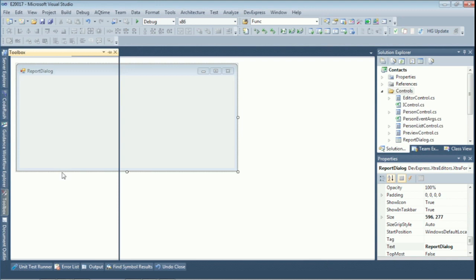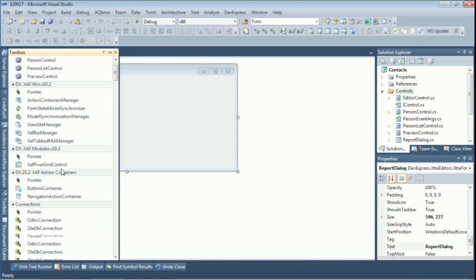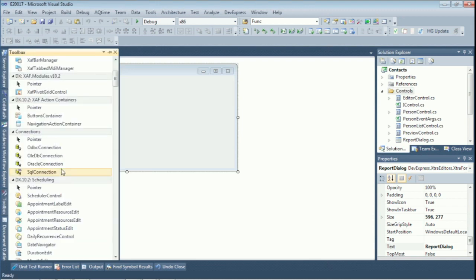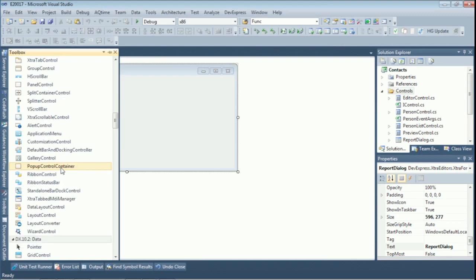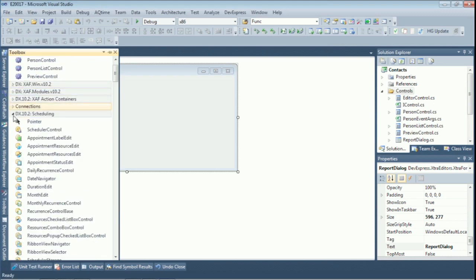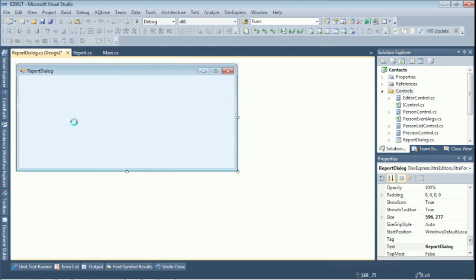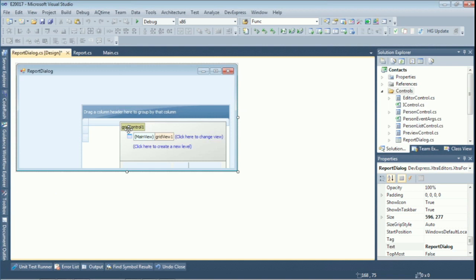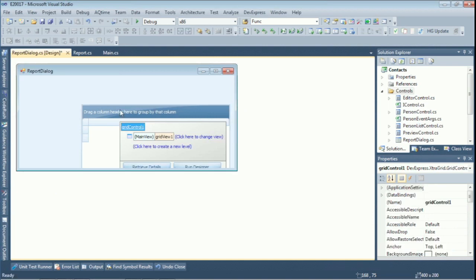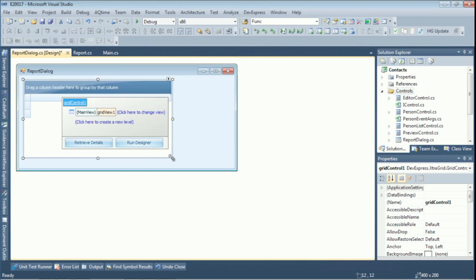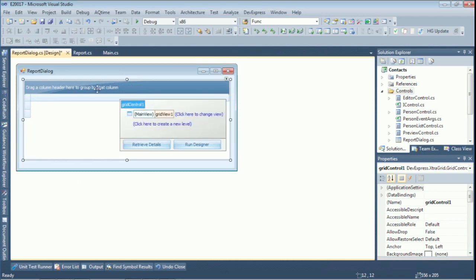So to do that, I'm going to put a grid onto this form. I'm going to close these. Boy, we have so many good things that we build. Holy cow. Now I need to find what I want, which is right here. There you go. This particular grid is going to display the reports that we have,